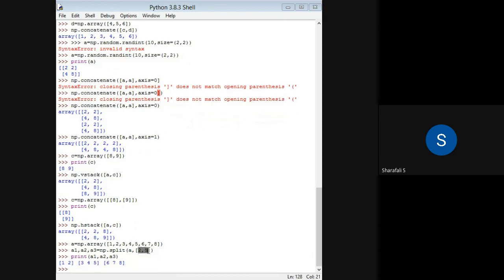We are using 2 split points here. If you are using n split points, you will get n plus 1 subarrays. We are using 2 here, so we are getting 3 subarrays. Here we have used the np dot split function, and then we have given the array name A, and then the indices where we have to split.